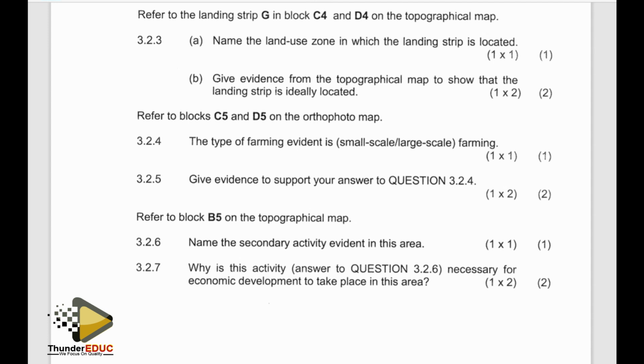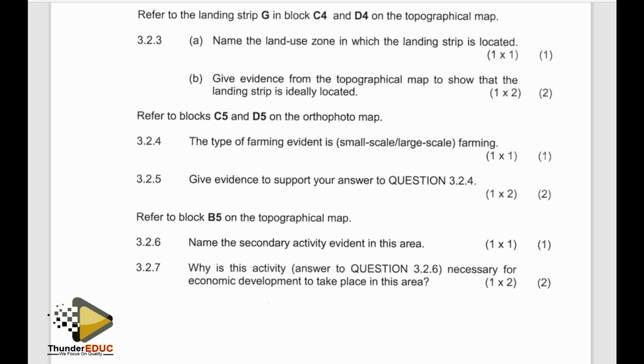They tend to do both animal and crop production on the same piece of land. And also, if you're using the orthophoto map, you can check for evidence of the road networks and the road systems around. And also, if the area